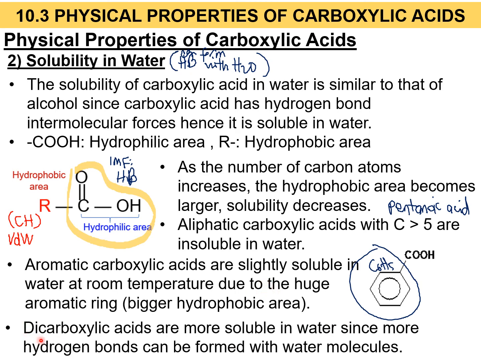How about dicarboxylic acids? Kalau let's say you ada organic compound yang ada dua carboxylic acids, okay, contohnya lah kalau let's say you ada cyclopentane, lepas tu ada COOH, ada COOH, dicarboxylic acid lah tu kan, are more soluble in water. Sebab kenapa? Dia banyak hydrophilic area. So bila banyak hydrophilic area dia besar, so dia bolehlah form hydrogen bond with water molecules lagi banyak. So that's why kalau let's say organic compound tu dia ada lagi banyak carboxylic acids, lagi dia boleh tenggelam dalam air sebab dia boleh buat hydrogen bond bersama dengan H2O, dengan air.